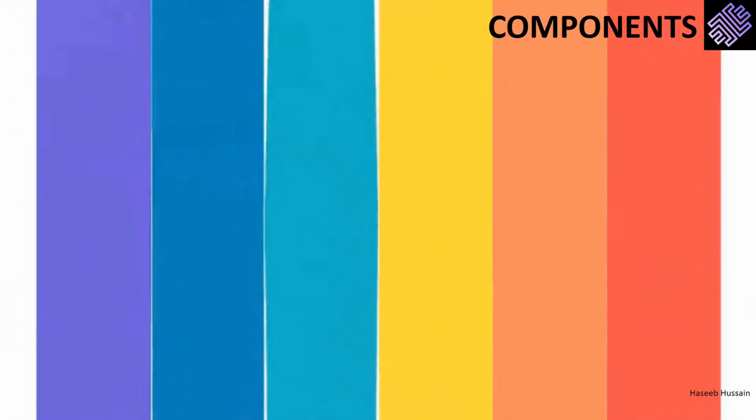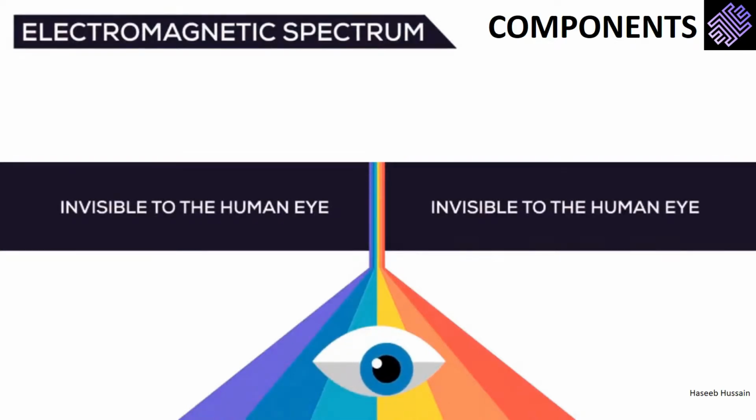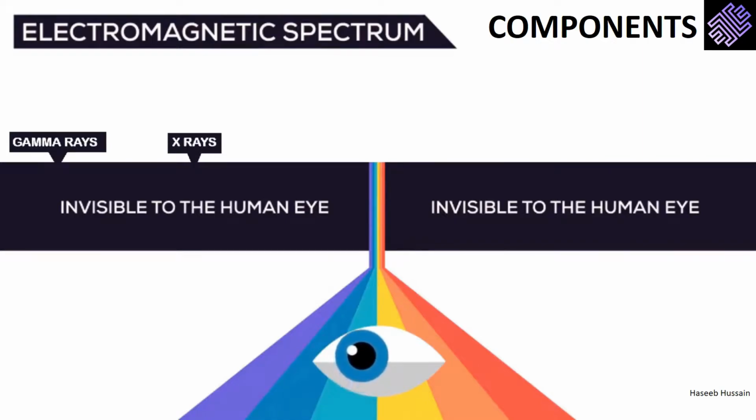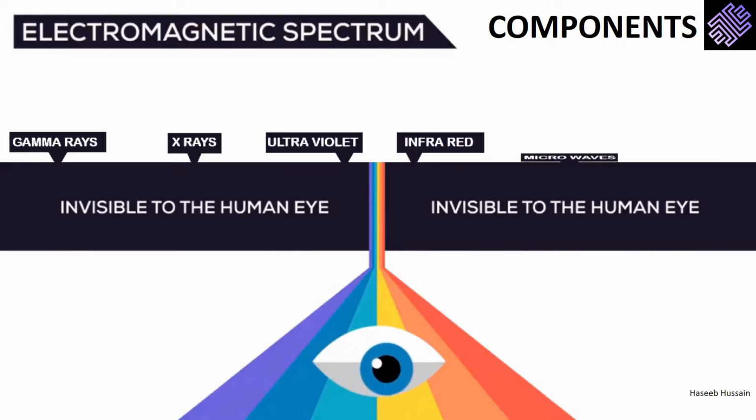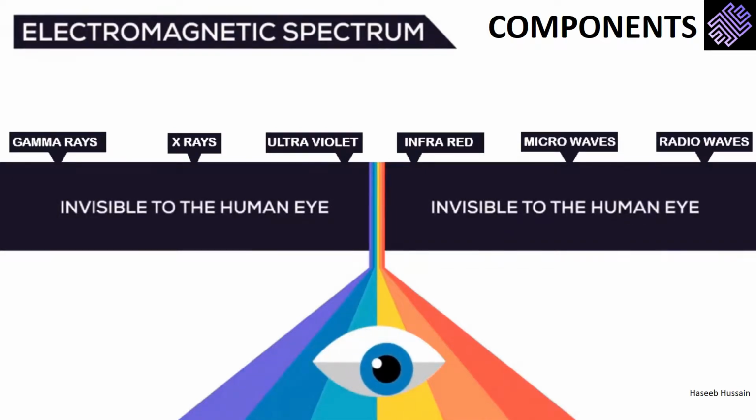Visible light contains a range of colors, but this range is only a small part of the entire electromagnetic spectrum. The rest of the spectrum is invisible to the eye, meaning we cannot see it, but it still exists above and below visible light. These components include gamma rays, X-rays, ultraviolet, visible light, infrared, microwaves, and radio waves. The order is important because the spectrum is arranged in terms of relative frequency and wavelength.